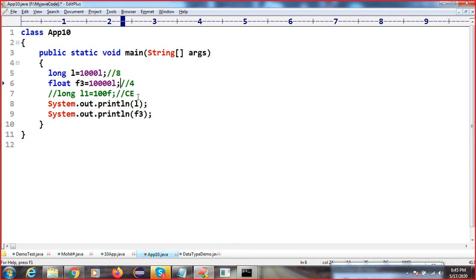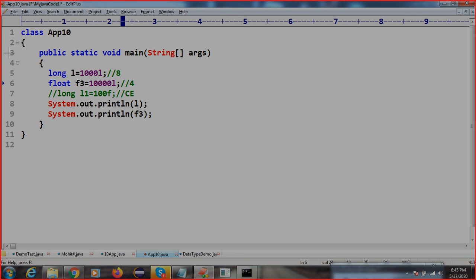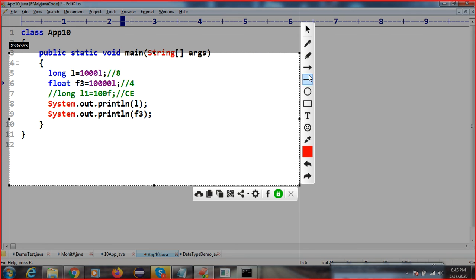You have to ask the question: this has a size of 8 bytes and this has a size of 4 bytes. But here we don't get any compile time error. If we try to store a float value in a long, we get a compile time error.